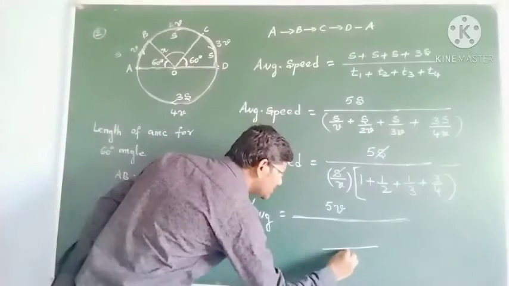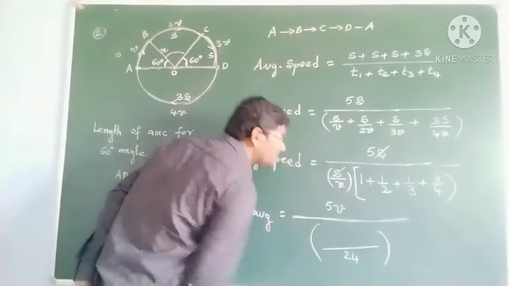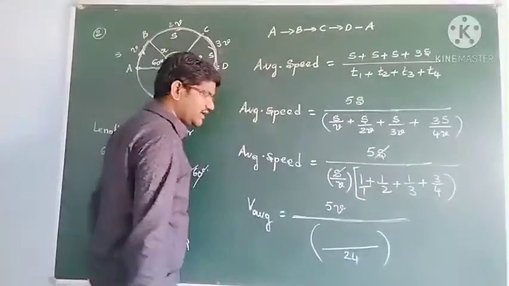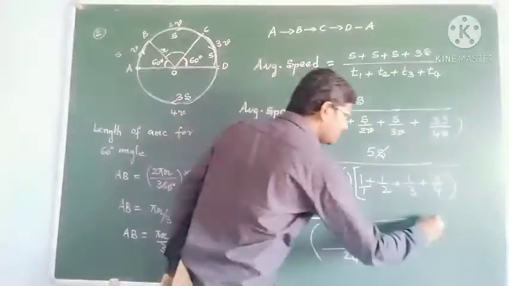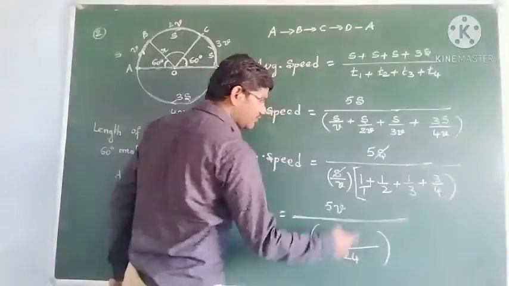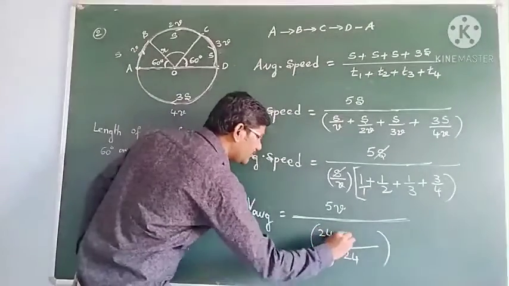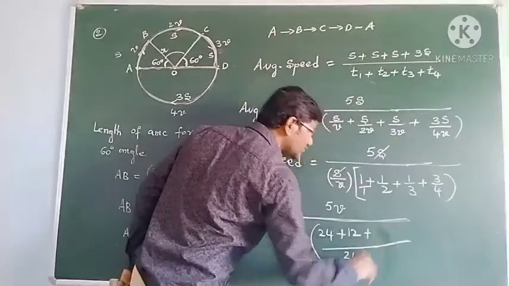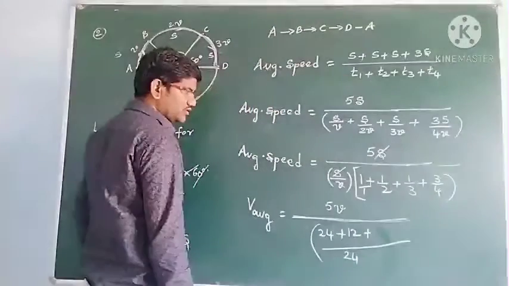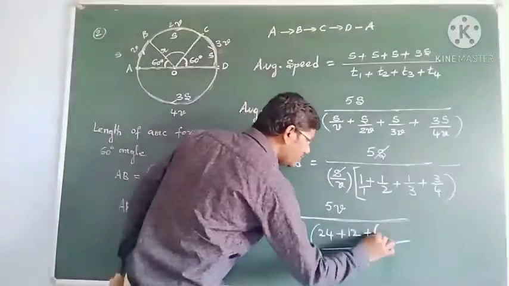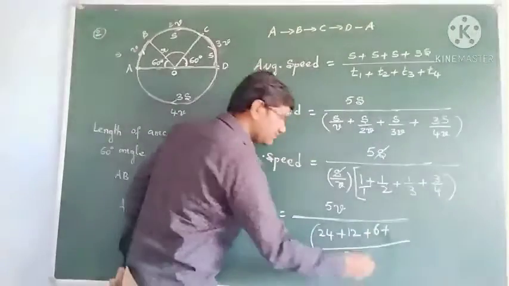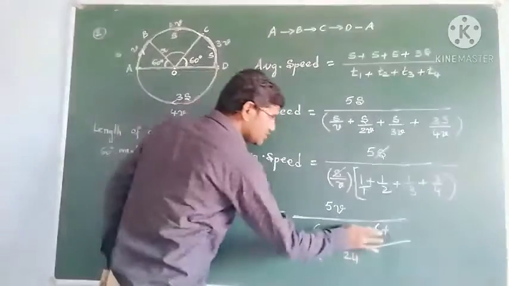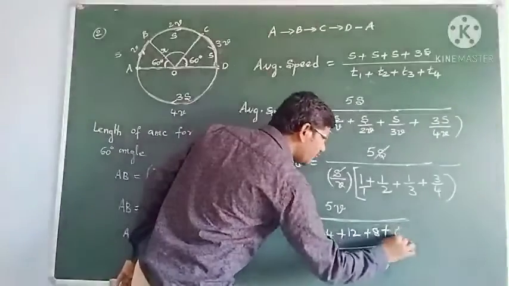So the LCM is 24. In the denominator we don't have anything else: 2, 3, 4, so take 24. Then you will get 24 plus 2 times 12, which is 24, so it gets cancelled. Write it as 12. And 3 times 6 is 24, so plus 6. 4 times 6 is 24, so 3 times 8 and this is 4 times 6.